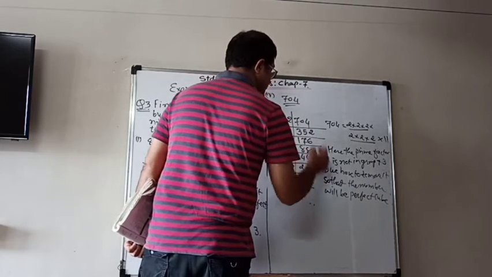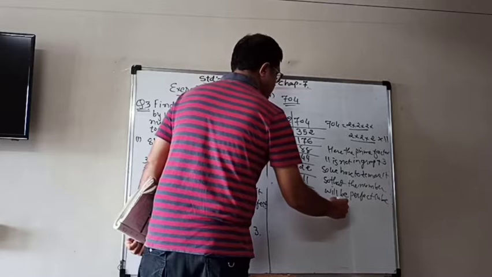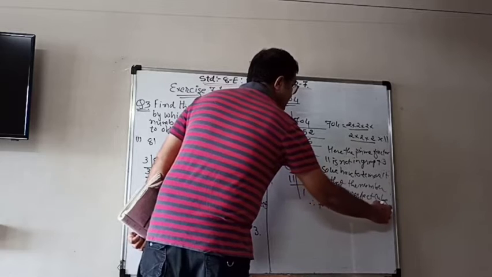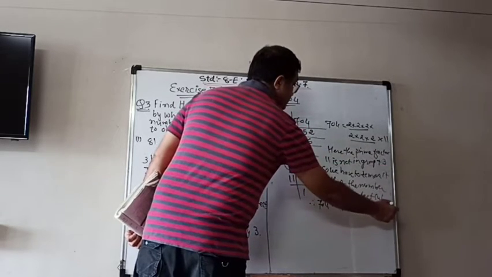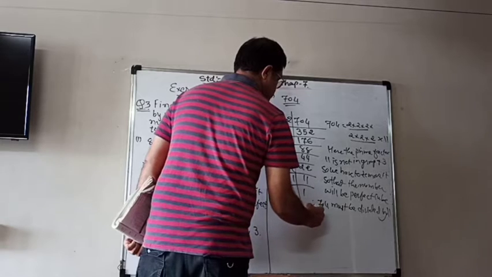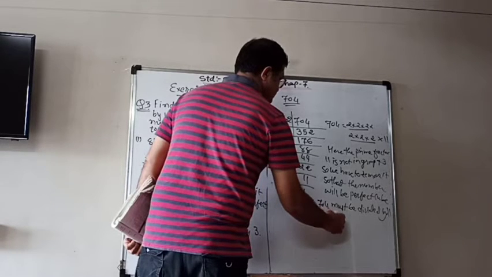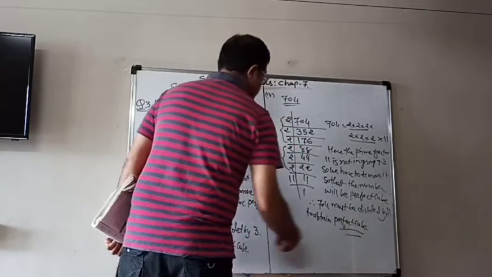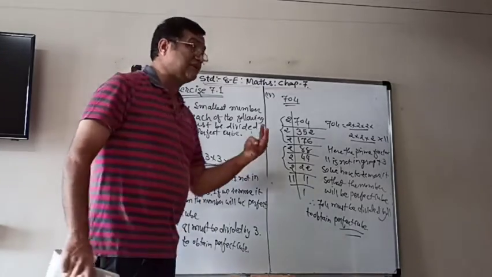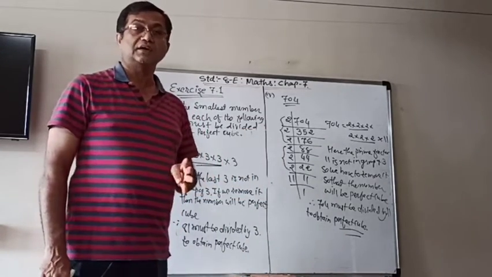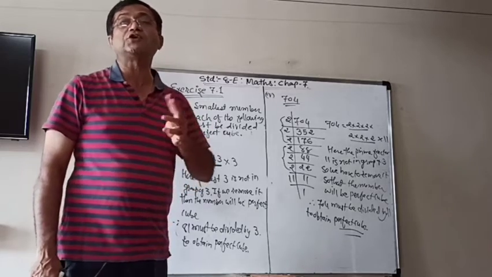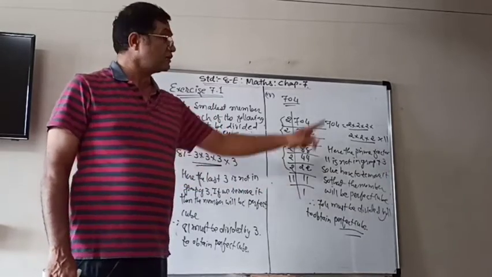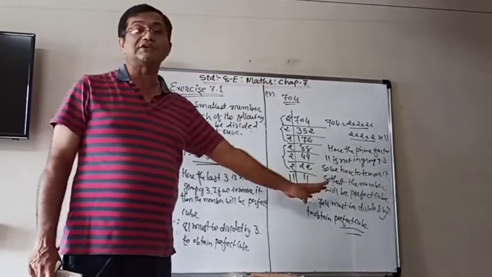Therefore, 704 must be divided by 11 to obtain a perfect cube. So it is same like multiplication. In multiplication, whatever is missing you have to multiply it. Here, whatever factors are not in a group of 3, all should be divided. So here 3 is once, so we have to remove it. 11 is once, so we have to remove it.